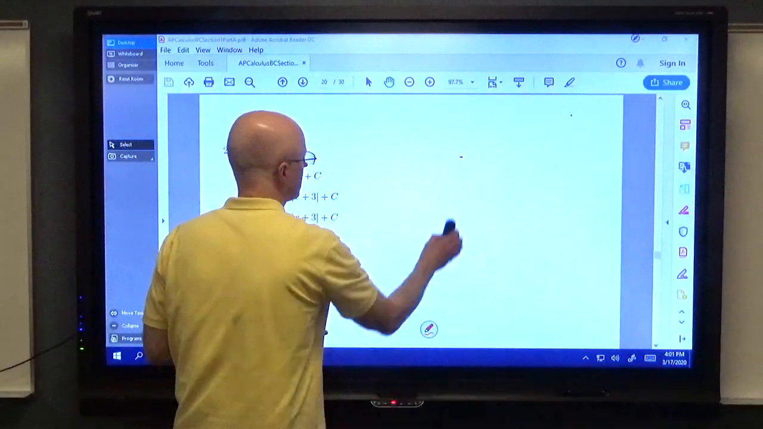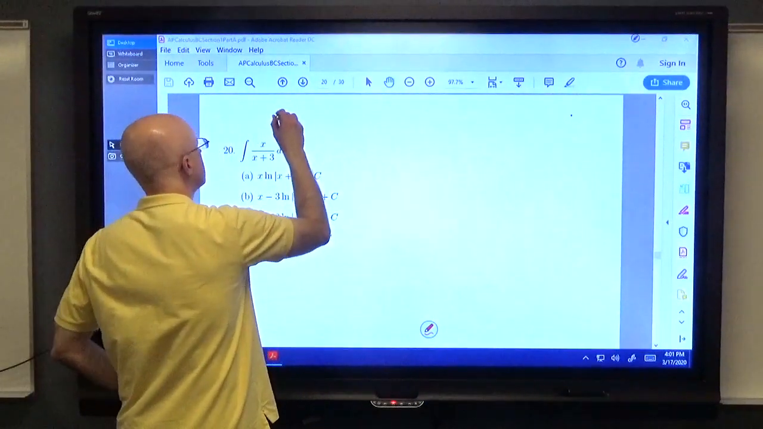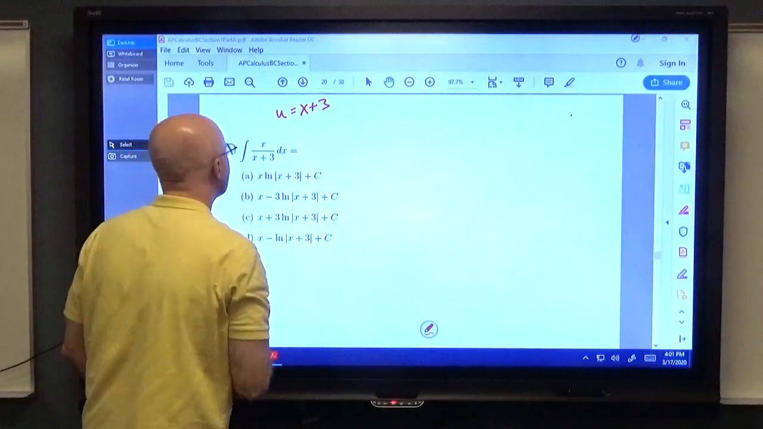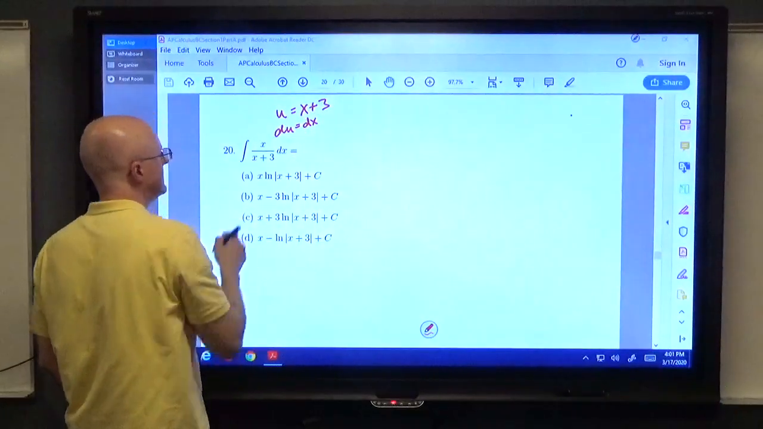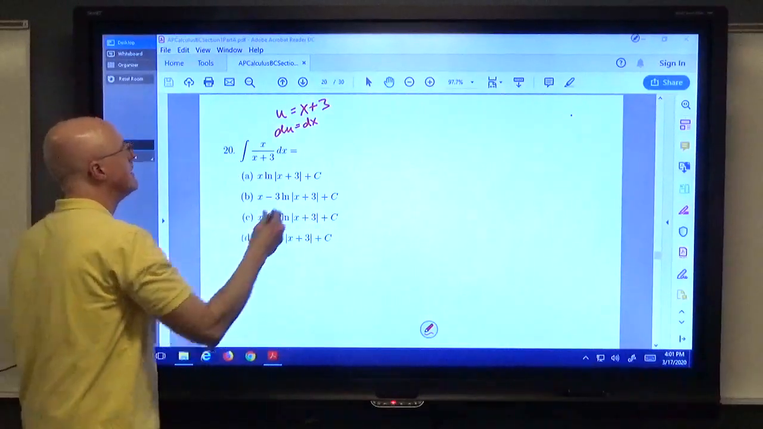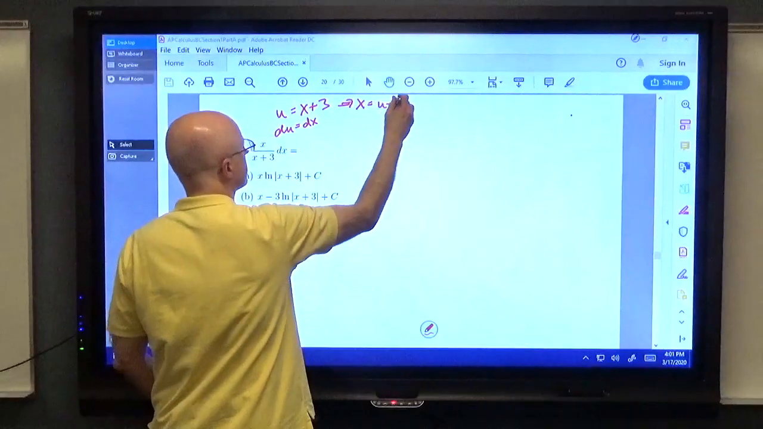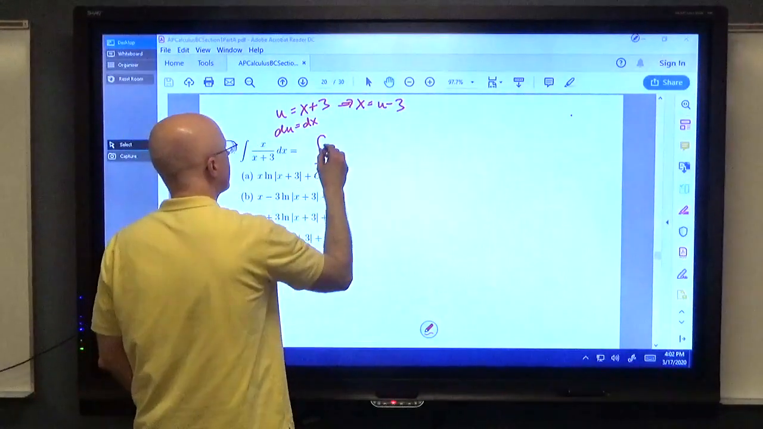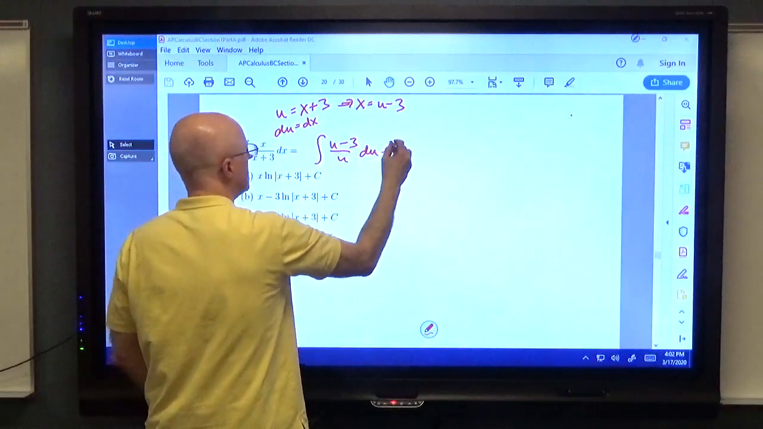Perhaps the most common way people would do this would be to do a substitution. Let me put it up here. U equals x plus 3. Then du is going to be dx. So you have a u in the bottom, and the dx would be replaced by du. What about the x on the top? Well, that can be replaced by u minus 3. So this integral can be written as the integral of u minus 3 over u du,